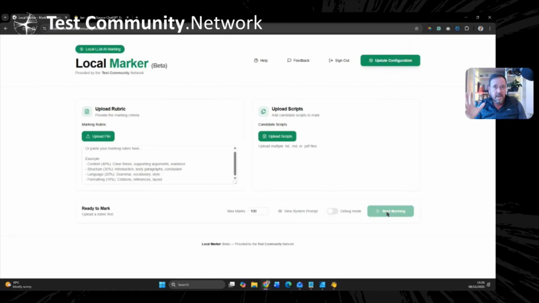It's set that you get a CSV that you can download, and then you've got the mark, the reason for the mark being given, and the feedback as well. And like I say, this is all part of an experiment, so I want to kind of look at how that approaches the information that's presented.